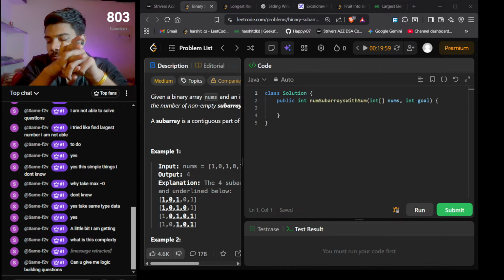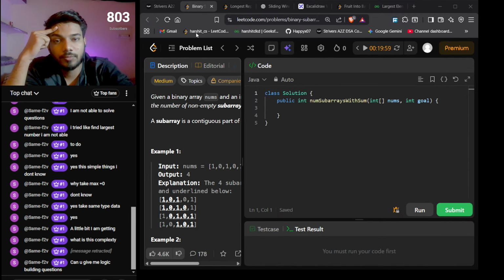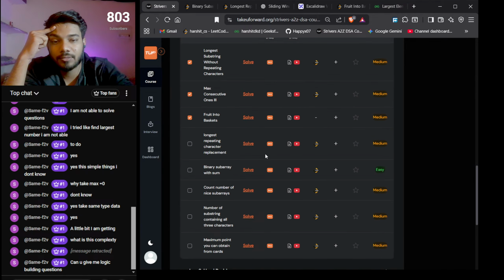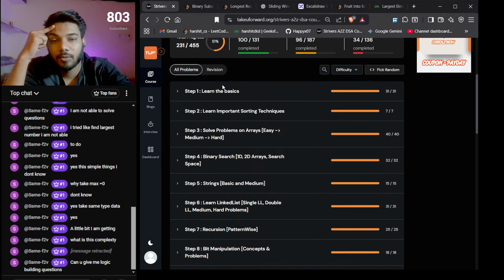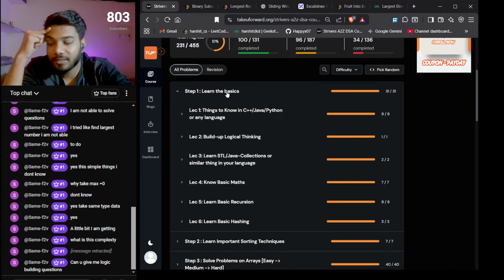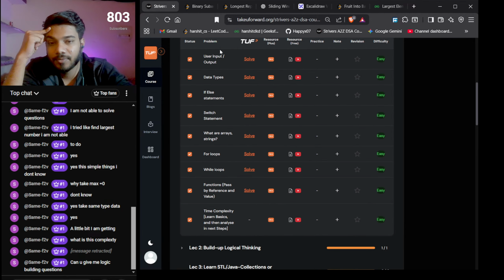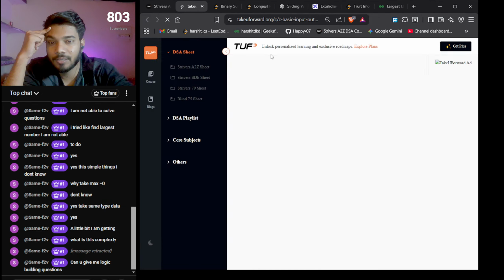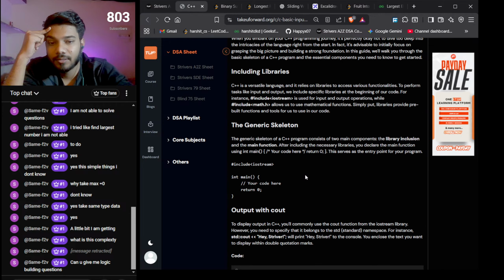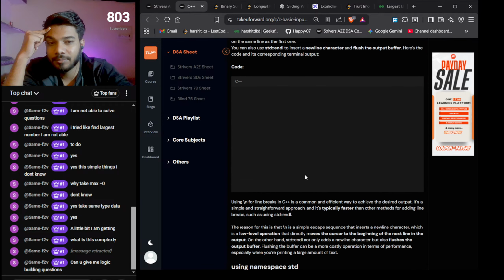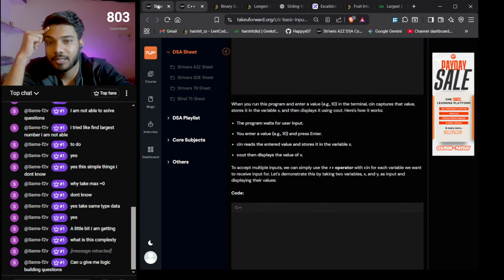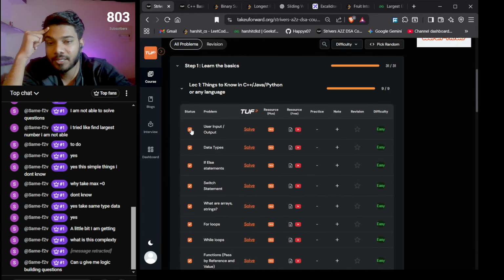Can you give me logic building questions? Bro, there are so many questions in Striver's A to Z sheet. Open it, search on Google Striver A to Z sheet, and start solving these problems. First, learn about the user input, open the resources freely available, learn about these basic things, then get back to the page, update it as done, mark it as done, then